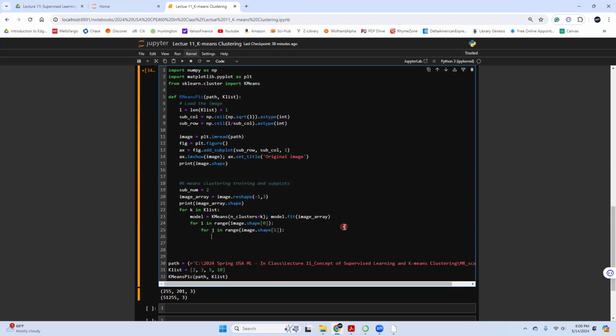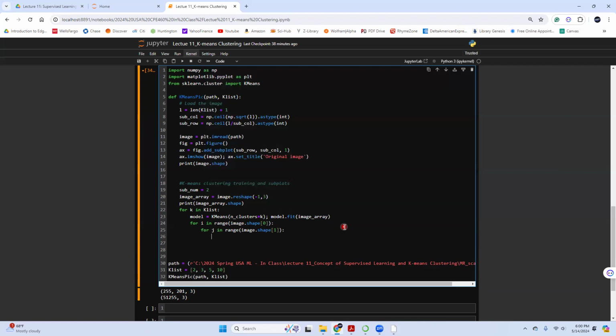What I want to do here is calculate, get a label. No, I should use the term cluster instead of labels.